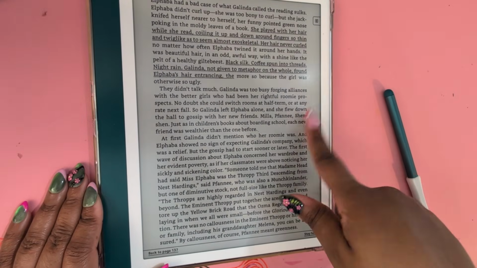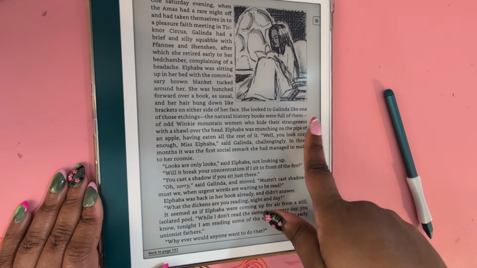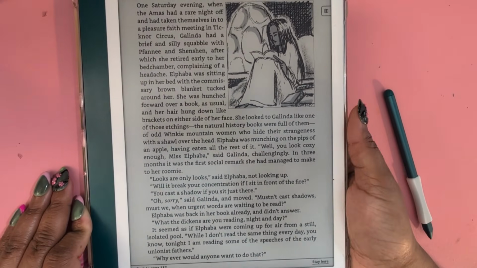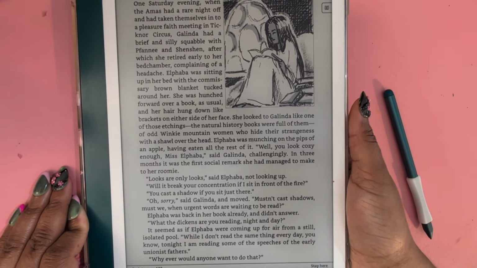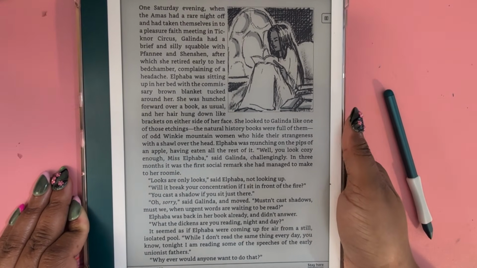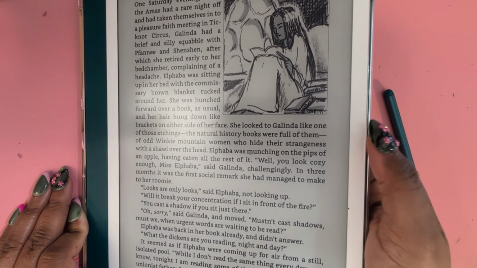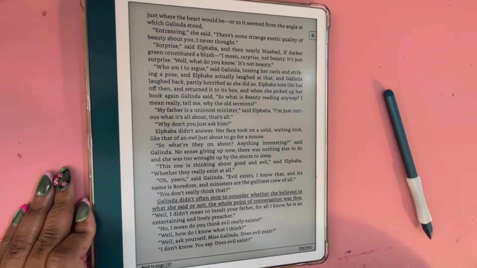So yeah. And Elphaba in the book, she's real scrawny. She's got super straight black hair, and she wears tatty clothes. But yeah, and she reads a lot. So here she is in her room reading. I don't think I have